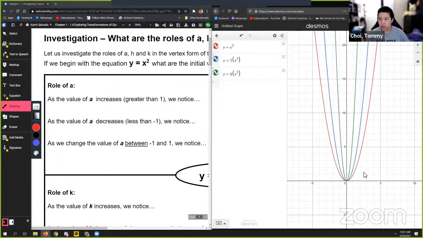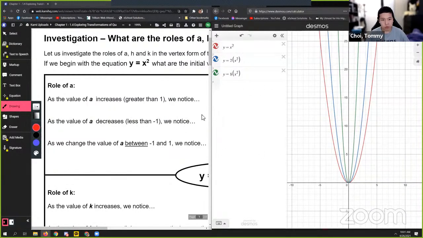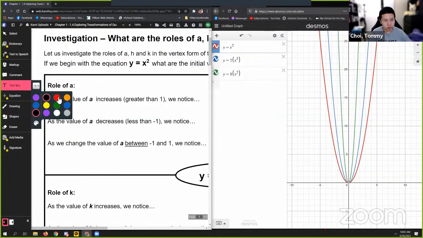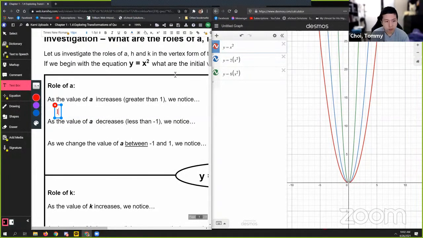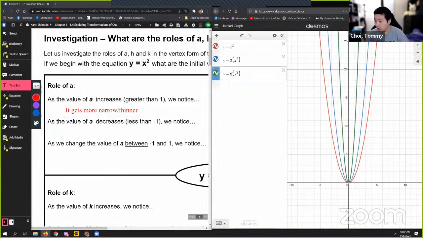So I've put the A values. What is happening to our graph? So red is the original, then blue and green are the changed ones. What's happening as we add a greater value of A? It gets more narrow, yeah. You can say narrow or thinner, right? That's what happens, which means we can only assume that if it gets more narrow as the number increases,